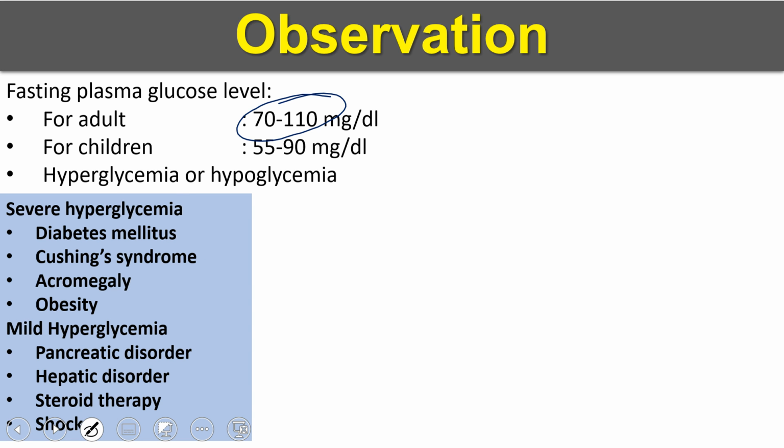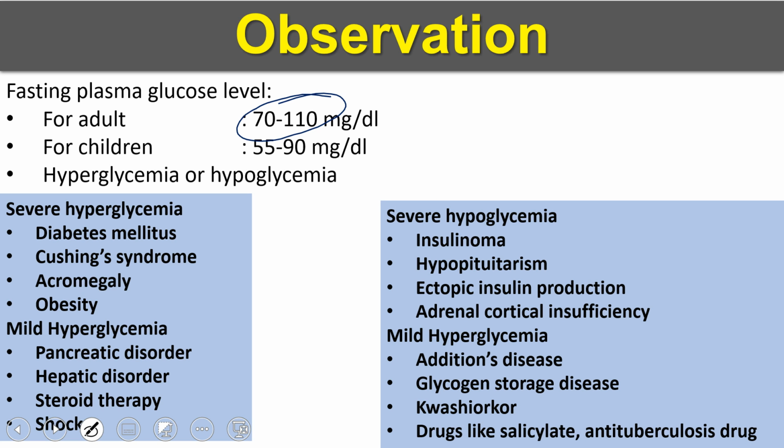Severe hyperglycemia can occur because of diabetes mellitus, Cushing syndrome or acromegaly, or because of obesity. Mild hyperglycemia, meaning a smaller increase in the glucose level, can occur because of pancreatic disorders, hepatic disorders, sometimes steroid therapy, or because of shock. Similarly, severe hypoglycemia can be caused by insulinemia, hypopituitarism, ectopic insulin production, meaning insulin production outside the pancreas because of tumors and other things,